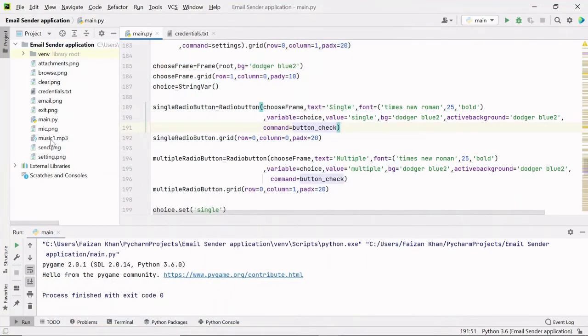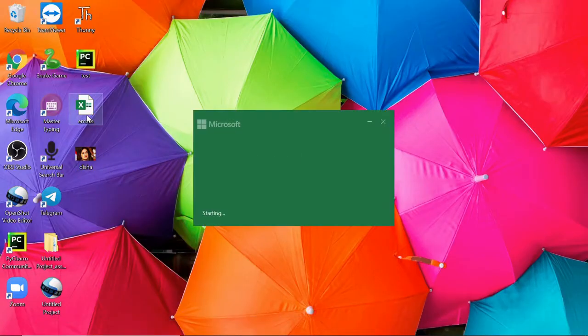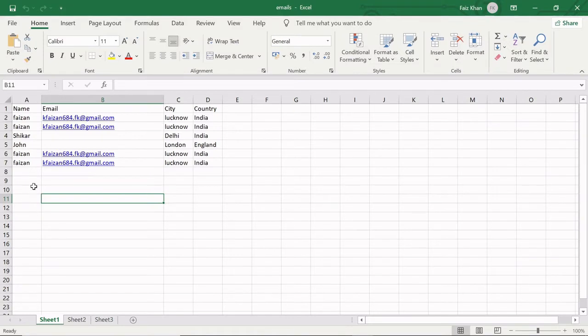I have this email.xlsx file on my desktop, and inside it you can see there is this email column, and all the emails are written in that column. So there can be 50 or 100 emails or more than that, and you want to send emails to all of them. In that case, this particular application will be very useful for you.